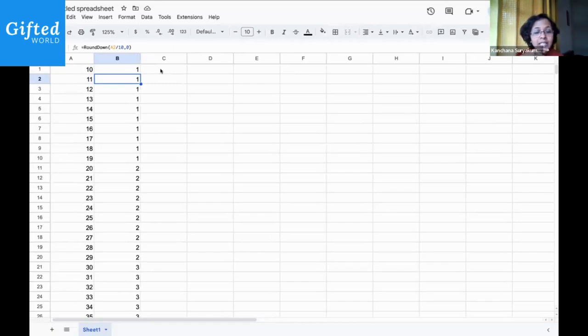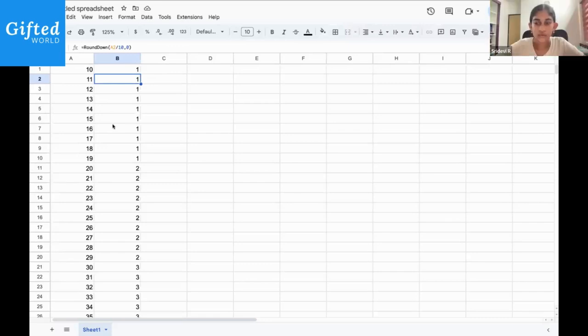Okay, someone has a suggestion. A1 minus B1 into 10. Very nice. Do you agree, Sridevi? Devik says, I take whatever is in the first column. Okay, he says A1 minus B1 into 10. Can we try that out? Let's look at 12. 12 minus 1 into 10. That is 12 minus 10. What would it give you? 2. Let's try another number, 28. 28 minus 10 into 2. 8. Yeah, this works for us.